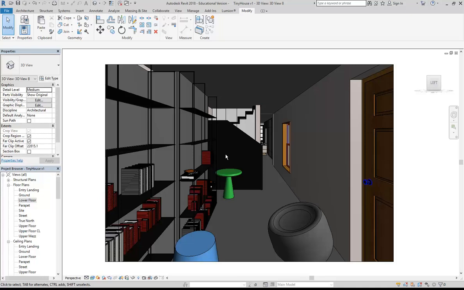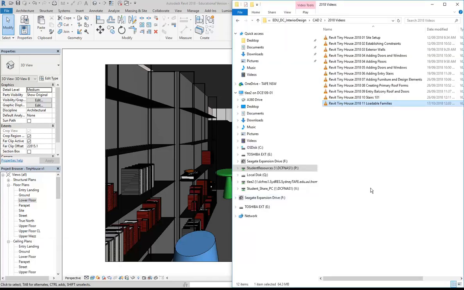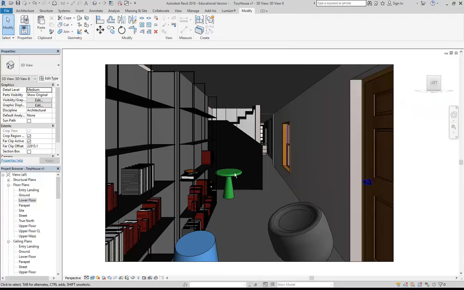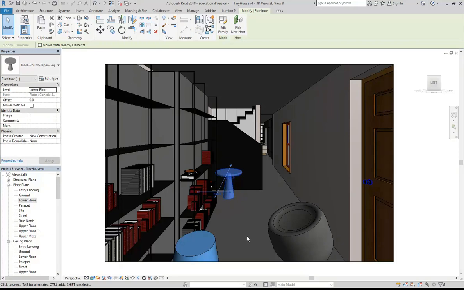Okay, so I've got my families now set up in this space that I wanted. Of course, your design is going to be different to mine, and just make sure you've had a look at this video on loadable families so that you can set up the families you need for your own designs. So I'm going to continue on with those, and maybe I'll just quickly revise materials for those families that